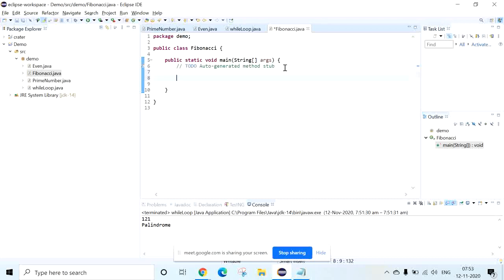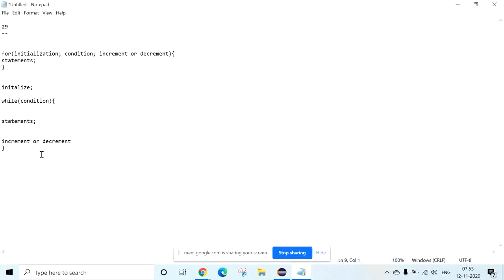First of all, I want to know what the Fibonacci series is. The first two values are fixed actually: F1 equal to 0, F2 equal to 1.